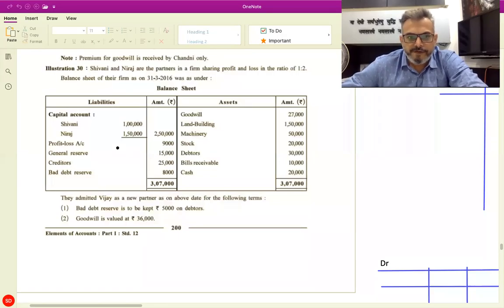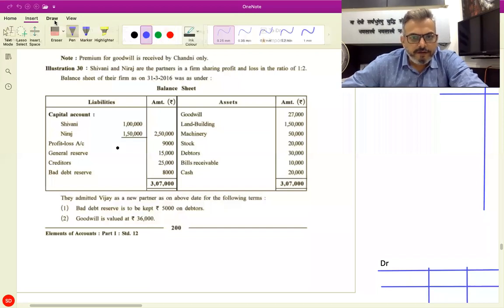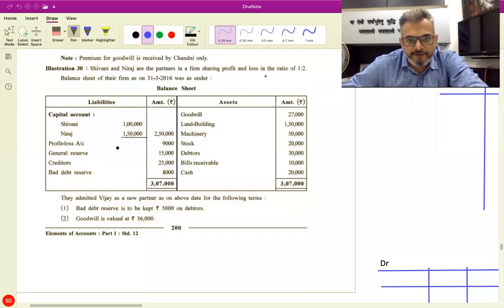Okay, now we will be starting with illustration 30. Let's read the question. Shivani and Neeraj are partners in a firm sharing profit and loss in the ratio of 1 is to 2. The balance sheet of their firm as on 31/3/2016 was as under. Now the balance sheet is given: capital account, Shivani, Neeraj, profit and loss account,